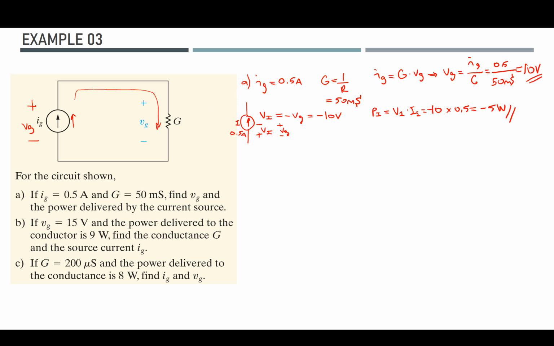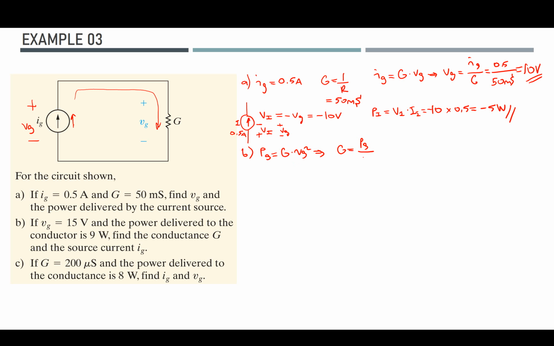And that's all for part A. In part B, we can find the value of the conductance from the given parameters. If you rewrite the power formula for the conductance, you will see that it's going to be G times Vg square. So from here I can easily calculate the conductance value as